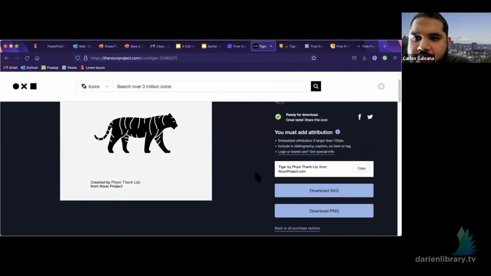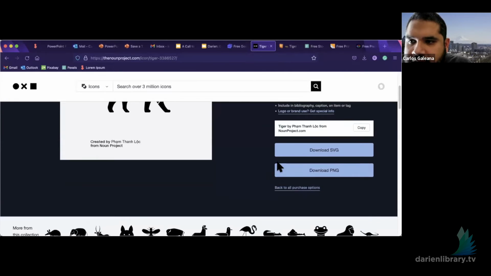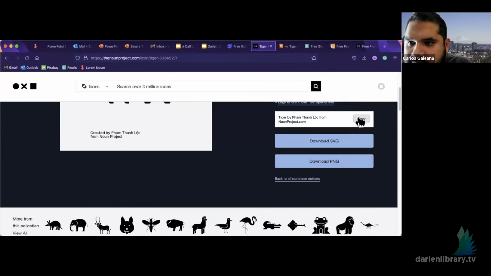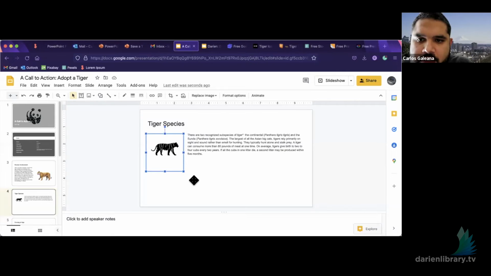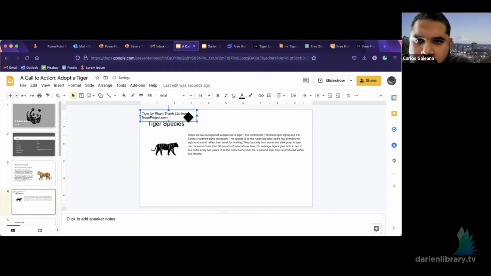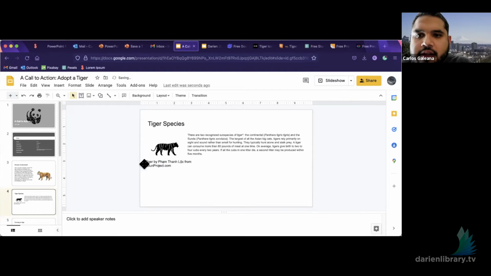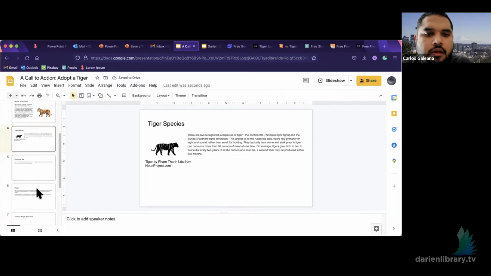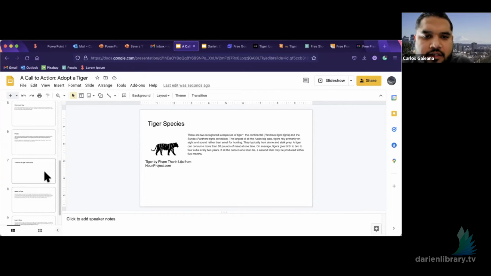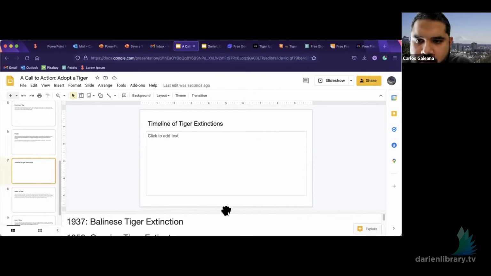So if I go back over here, there's a copy button here for the little attribution. And then I could go back to my project and just do Control V. There we go. And I could just give that little attribution there. And if I work my way down this way, I'll pause here in a moment, but I'm going to do